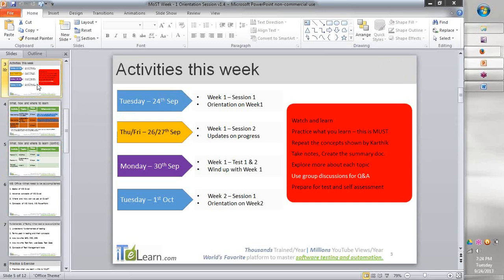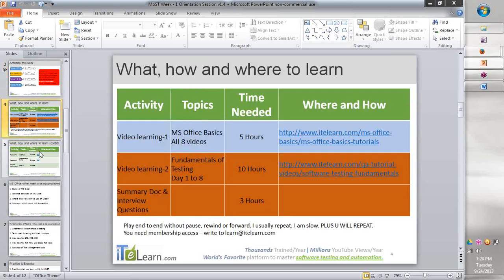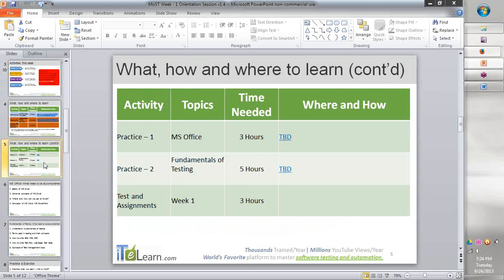We will be creating a live test which you can log in and take using the same GoToMeeting link. How do you join all that? You will automatically get an email from GoToTraining saying that this is the session that has come. So that will be your test. That is when you will take your test. Then we will start a fresh week on Tuesday. At that time, hopefully, I don't have to explain all of this. Half of that session will be to sum up what we did in the first week, and the other half will focus on the topics and what we will be doing in the next week.